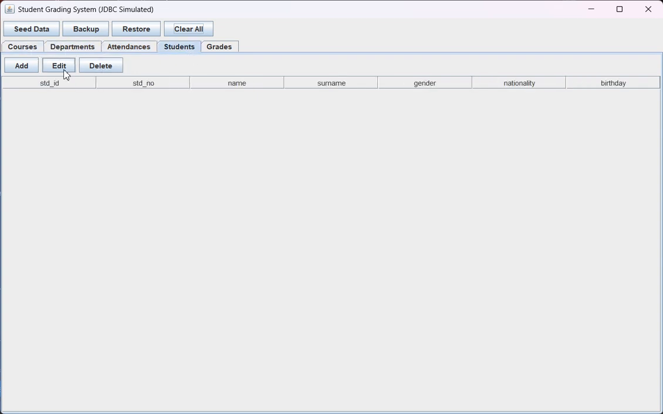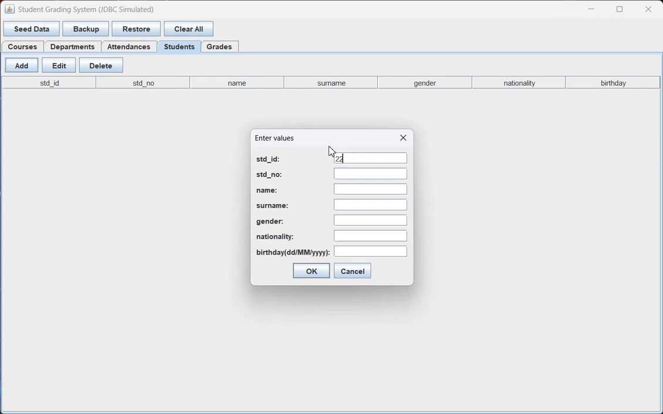Let's give another example of student. The student ID is 2200415. Now that's the ID. Go back. 1220415. Name Erdem Raj. Gender is male. Nationality is Turk. Birthday, it will be